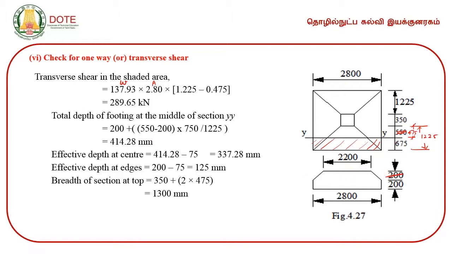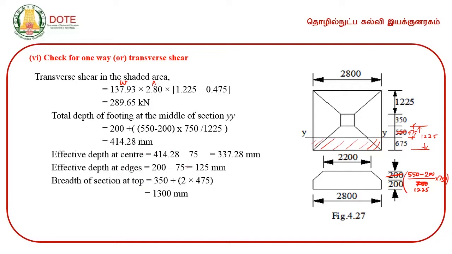This is calculated like this: 550 minus 200 for 750 mm, for 1225 mm for 750 mm. So, the total depth of the footing at the middle of the section is found to be 414.28 millimeters, and accordingly